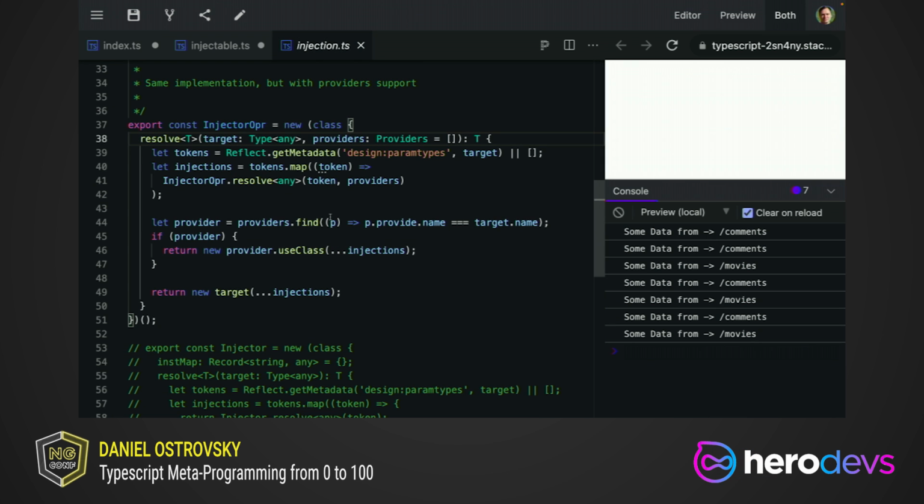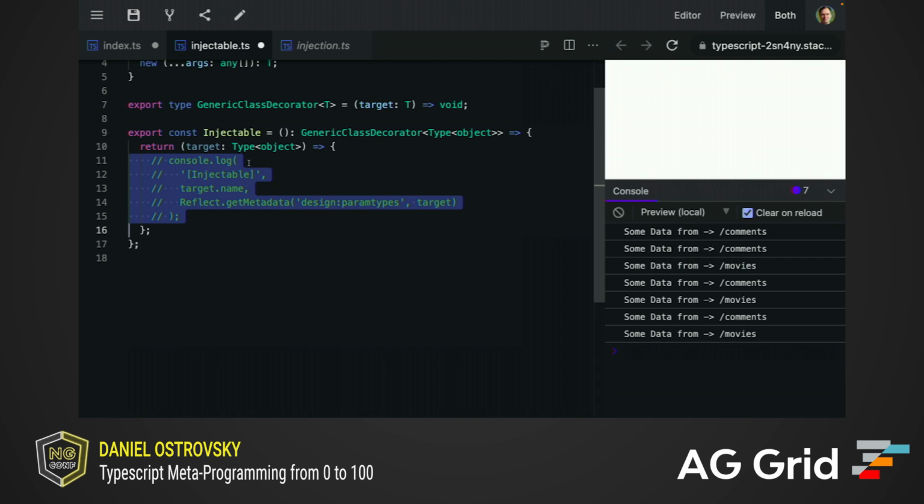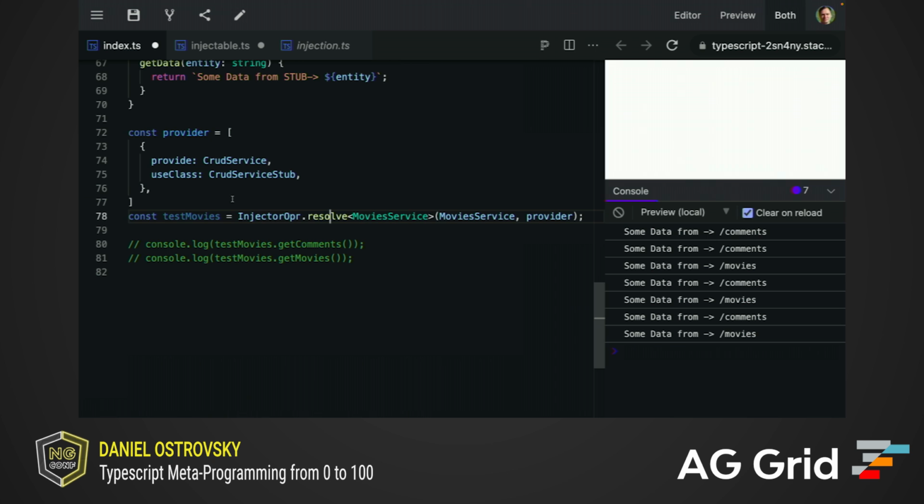And basically we have here the same logic for retrieving the dependencies from metadata, and we're just going over the providers. We're looking if the class that we need to instantiate as a dependency exists inside of our provider, so we can switch it by the value of the use class. We have the new provider use class, so basically instead of the dependency in the constructor, it will just instantiate this class in our case, and you can see that this data comes from